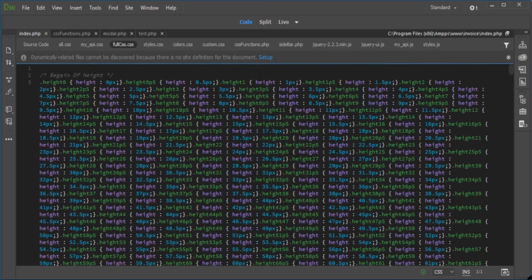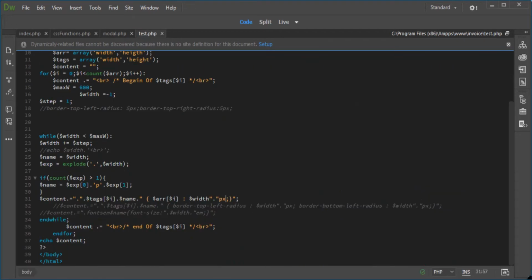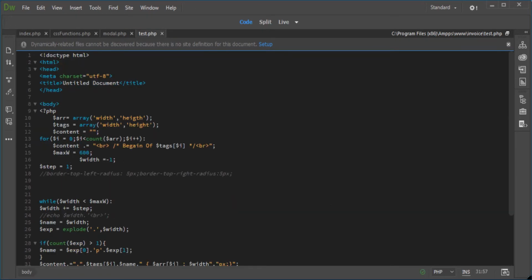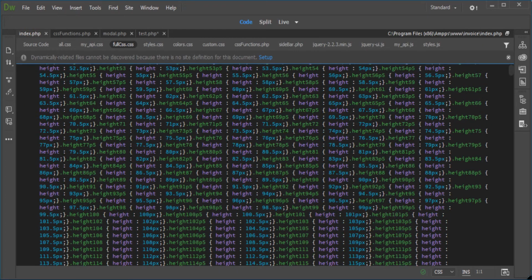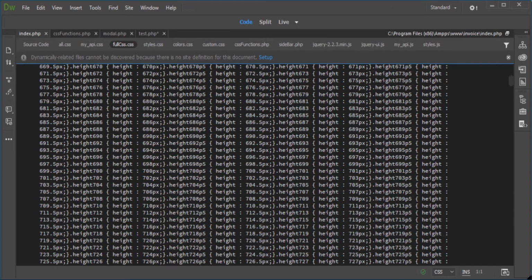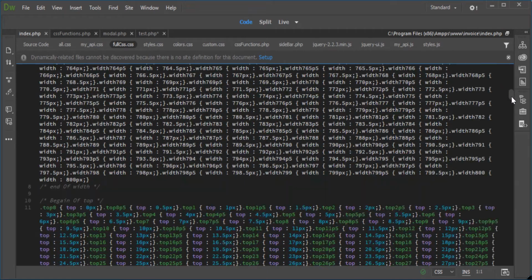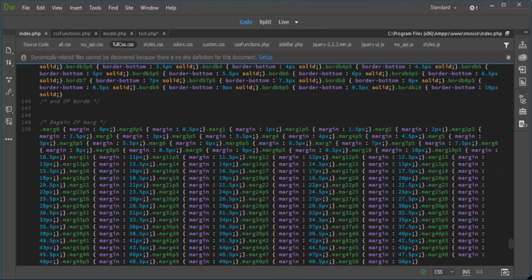Of course, I'm not typing all this one by one. I'm using a PHP function. In the first array, you can write the main CSS function you want. So if you want a height or width or margin,